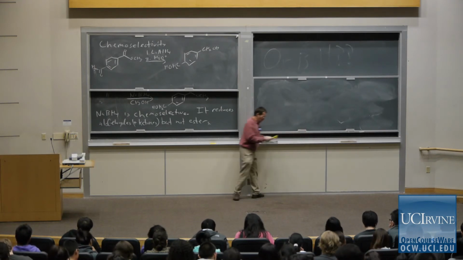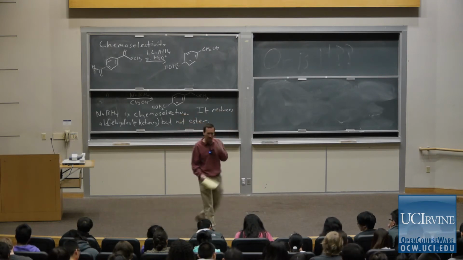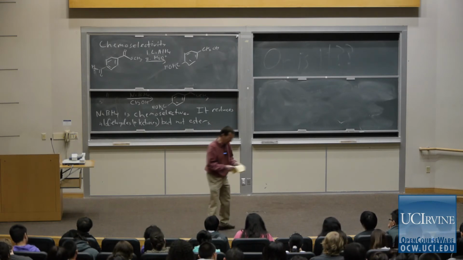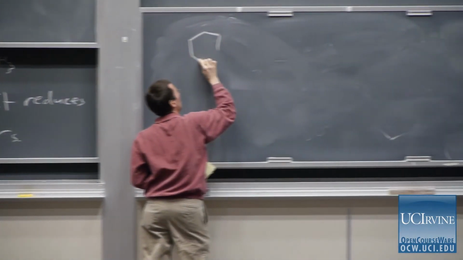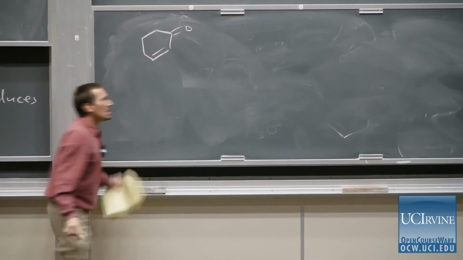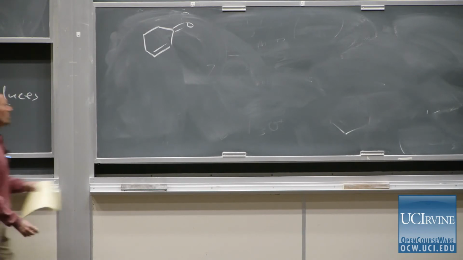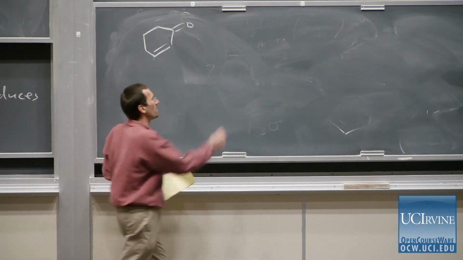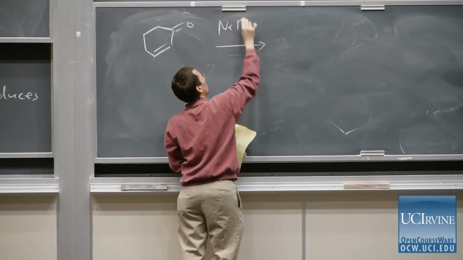All right, I want to give you a couple of other examples of selectivity, and I've borrowed these directly from your textbook. There are many ways to do these types of reactions, and I thought this example, which is straight from your textbook, would actually illustrate these points very nicely. So if we take a compound like cyclohexenone, which has both a carbon-oxygen double bond, a carbonyl group, and a carbon-carbon double bond, we have two different groups that can be reduced, the carbon-oxygen double bond and the carbon-carbon double bond. Reagents like sodium borohydride or lithium aluminum hydride,